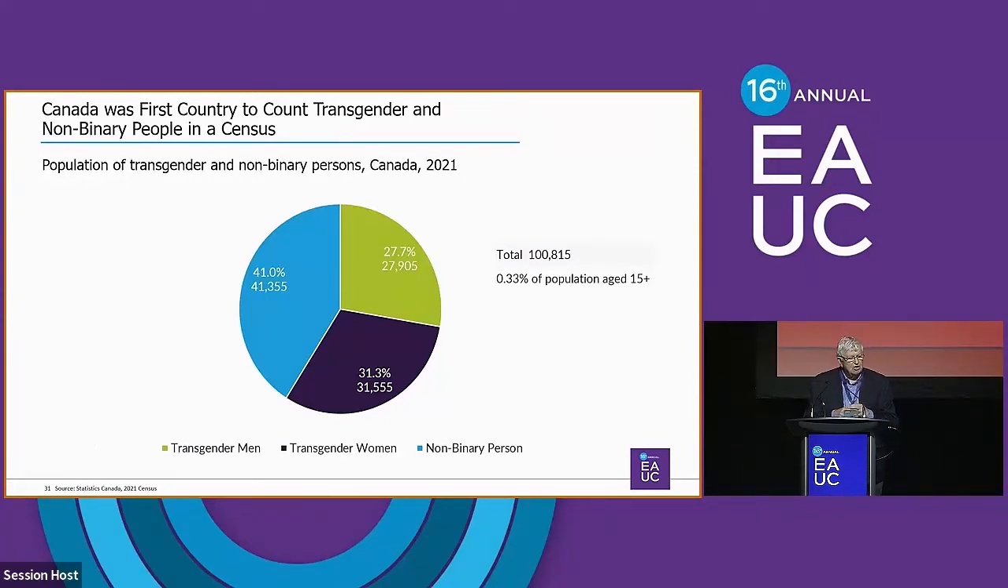Canada is the first country to count the transgender and non-binary population in the census, and you can see the results overall, a little over 100,000, and you can see the makeup between transgender men, women, and the non-binary population. And this, of course, then gets translated,